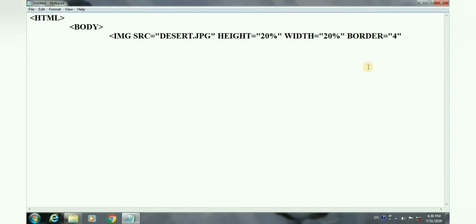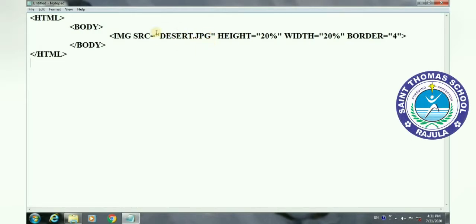Now closing the image tag. Students, the image tag is an empty tag, so a closing image tag is not required. Now closing body and closing HTML. Just before, we already discussed absolute and relative paths. So here, which type of path have we provided? Students, this is the relative path, meaning only the source file name is written, not a location. Why is the location not provided here? Because we will save both these files at the same location.